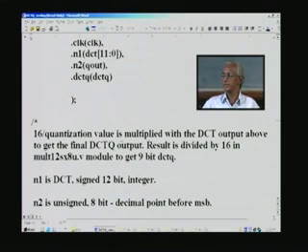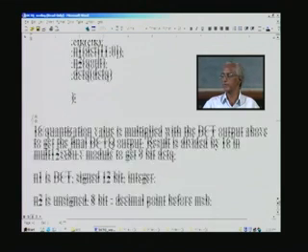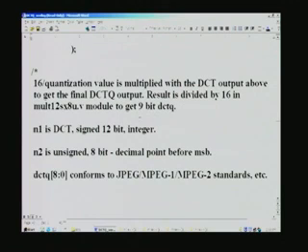The 16 by quantization value is multiplied with the DCT output above to get the final DCT queue output. The result is divided by 16 in the mult 12s into 8u module to get a 9 bit DCT queue. Once again this 9 bit is dictated by the JPEG MPEG standards. In order to conform to the standards, it has been taken as 9 bit, and N1 is DCT signed 12 bit, this also as per JPEG, and N2 is unsigned 8 bit with the decimal point before the MSB.